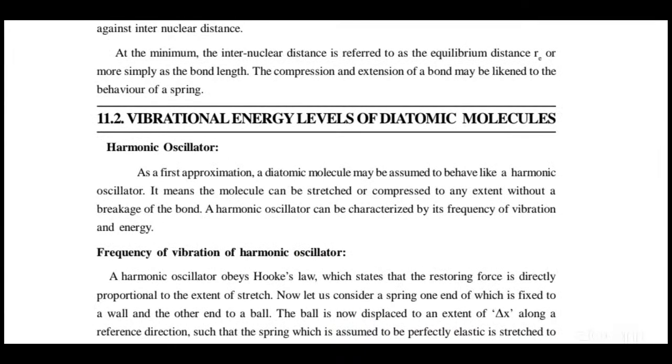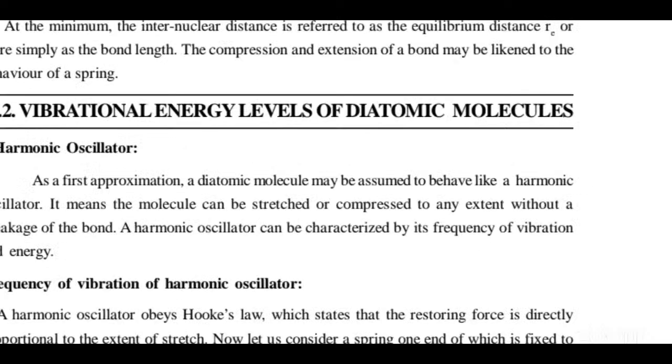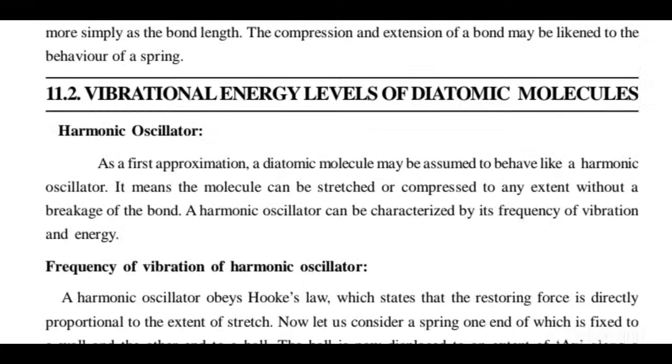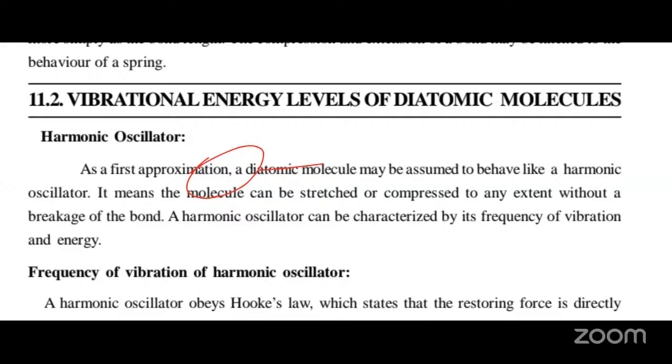Vibrational energy levels of a diatomic molecule. So how to calculate the vibrational energy of a diatomic molecule? First we'll see the harmonic oscillator. As a first approximation, a diatomic molecule has two atoms. For example, here, this is the central, and here is atom one and atom two of the diatomic molecule. For this diatomic molecule,